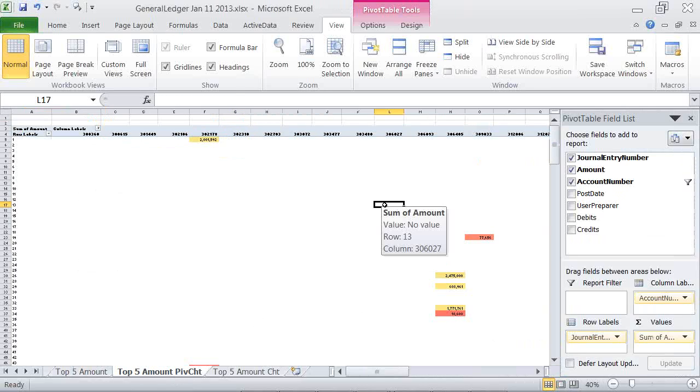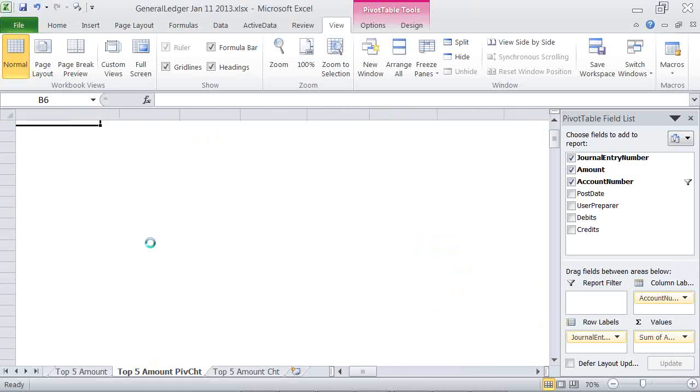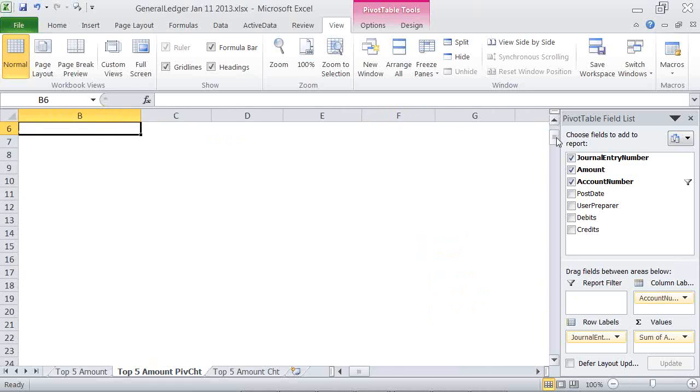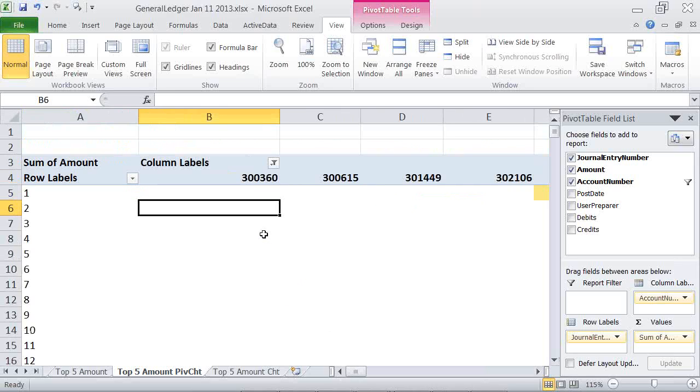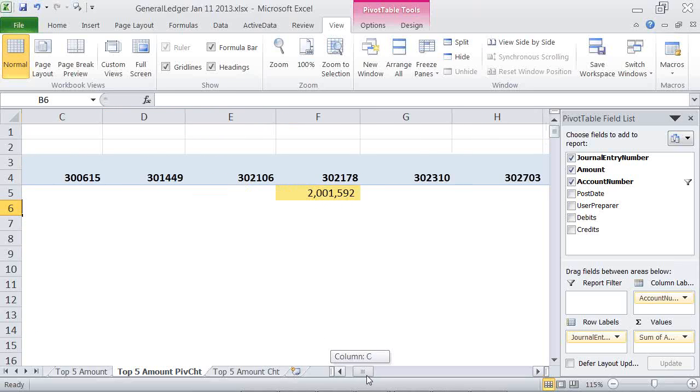Okay, so what I wanted to show was I had basically created a pivot table, and it's really small, so let me scroll into it so you can actually see what I've done. It doesn't really matter. I just wanted to show you what I'm doing here, but it could be with anything that you're doing from a graphing point of view. On your row labels, I have journal entry number, and on the columns, I have the account numbers that journal entry is posting to.